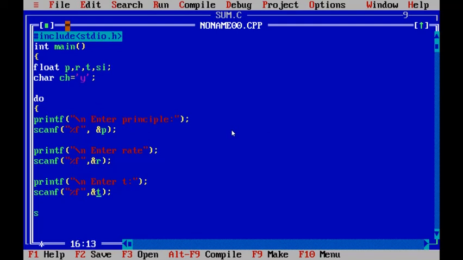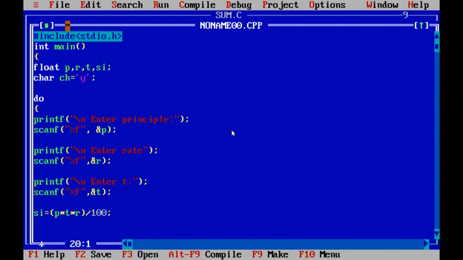Okay. SI is equal to P multiplied T multiplied R by 100 semicolon. This is the formula to find out simple interest.